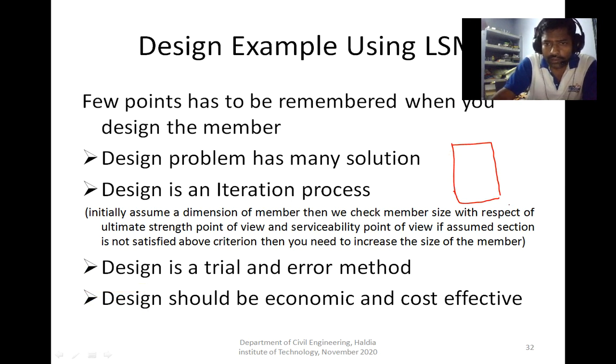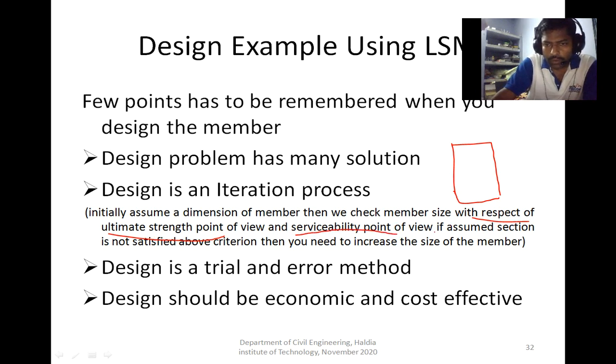Now this section under load, we check from the ultimate strength point of view whether the assumed section has adequate strength or not, and also from the serviceability point of view.